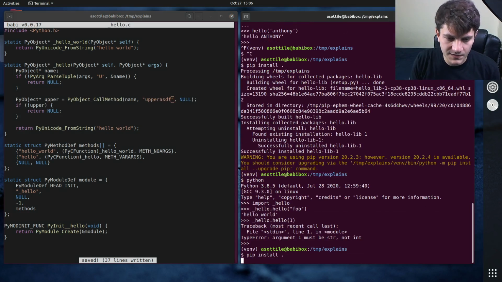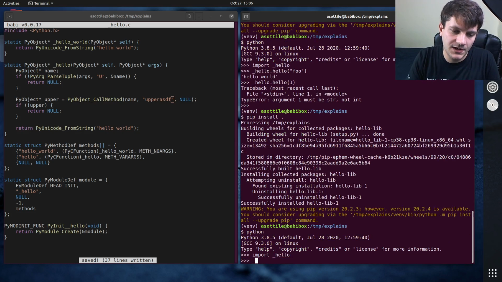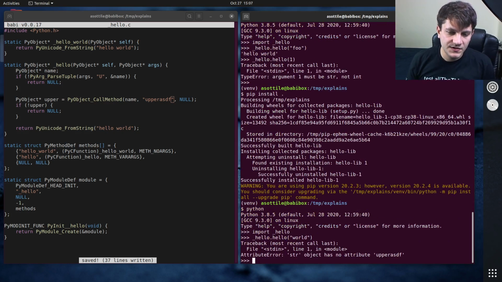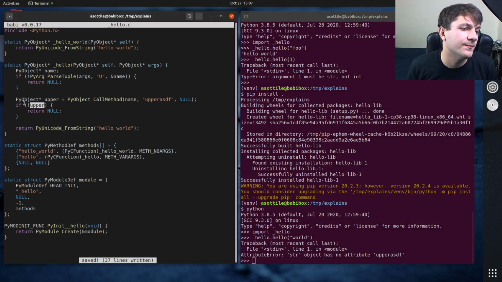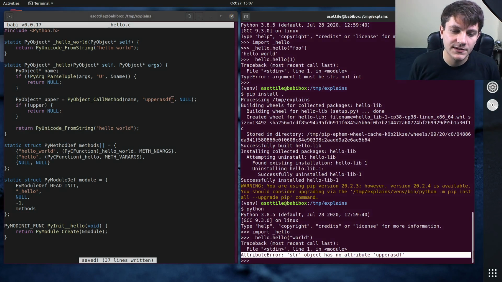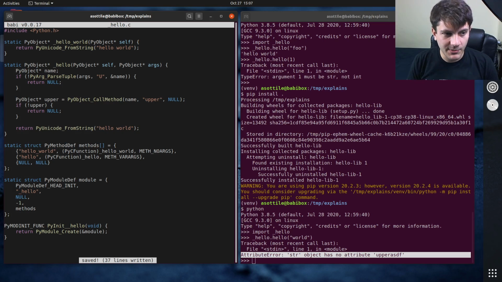And so we're going to reinstall again, and we're going to do Python, import hello. If we did hello.hello_world, you'll see that this PyObject_Call method tried to look up the upper_asdf method, and it failed, and so this was null, this was true, and so we returned null and propagated that error there. You can see here that str object has no attribute upper_asdf. Cool. Okay, so we've shown calling a method, we've shown error handling twice, and the last thing that I want to show you is creating a new object